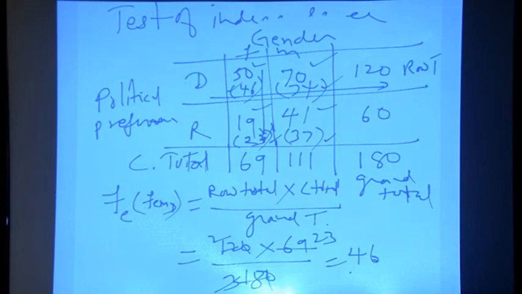And this is how we calculate. To find the FE, we take the row total for that particular cell and the column total, multiply them together and divide by the grand total, and that is how we get the expected frequency. If there are 3 categories, you will have to calculate it for each one of them. The formula is the same: row total multiplied by column total divided by the grand total.